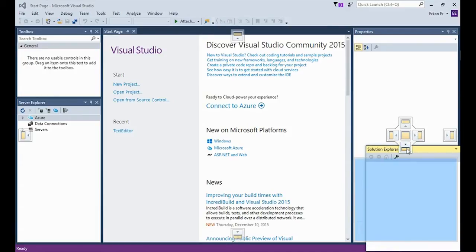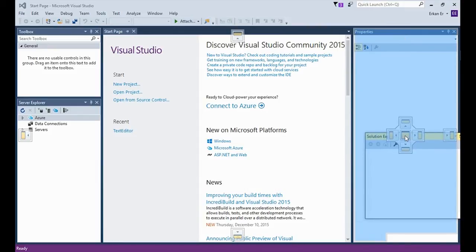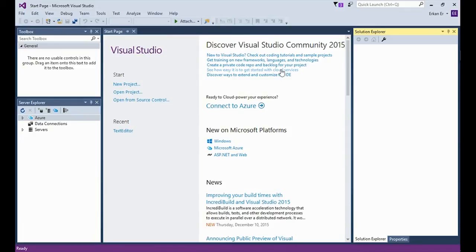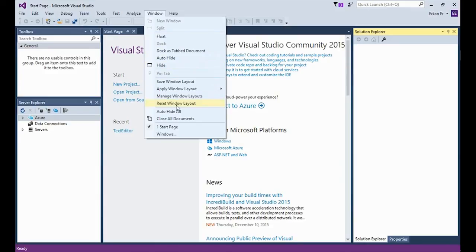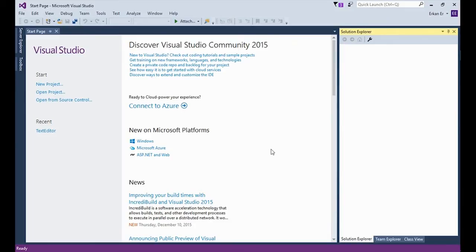If I drag it over the bottom arrow, you will see a blue shadow which tells me where this Solution Explorer will be placed if I release my mouse. The same for the up, left, and right arrows. If I want to obtain a tabbed view, I can drag the window over the middle of the visualizer. Here, I now have two tabs, one is Toolbox and the other one is Solution Explorer, covering the whole frame. If I want, I can also reset the window layout, which will load the default layout to the workspace. I think you can better learn how this docking mechanism works by trying it yourself.